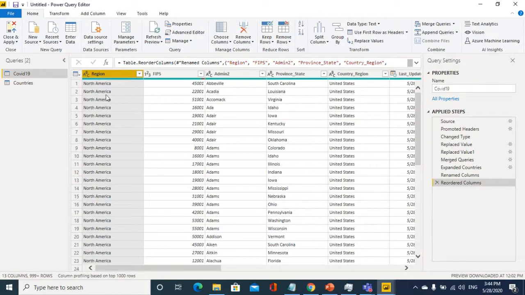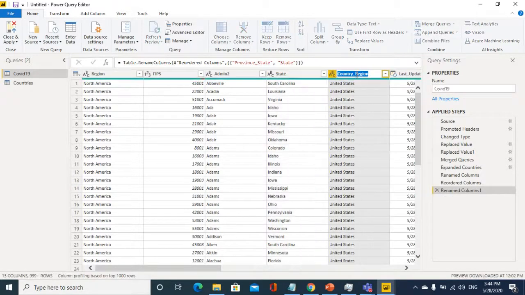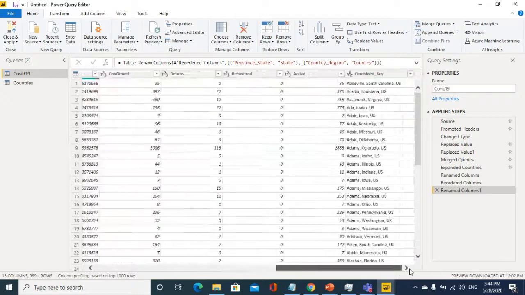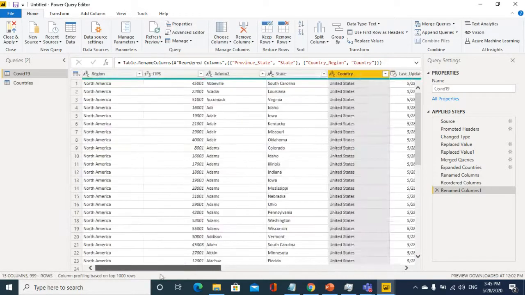Okay, so I have a region, I have state, country. Let me rename these columns. State, I have country information, and I have the active cases, confirmed cases, and all those other details.